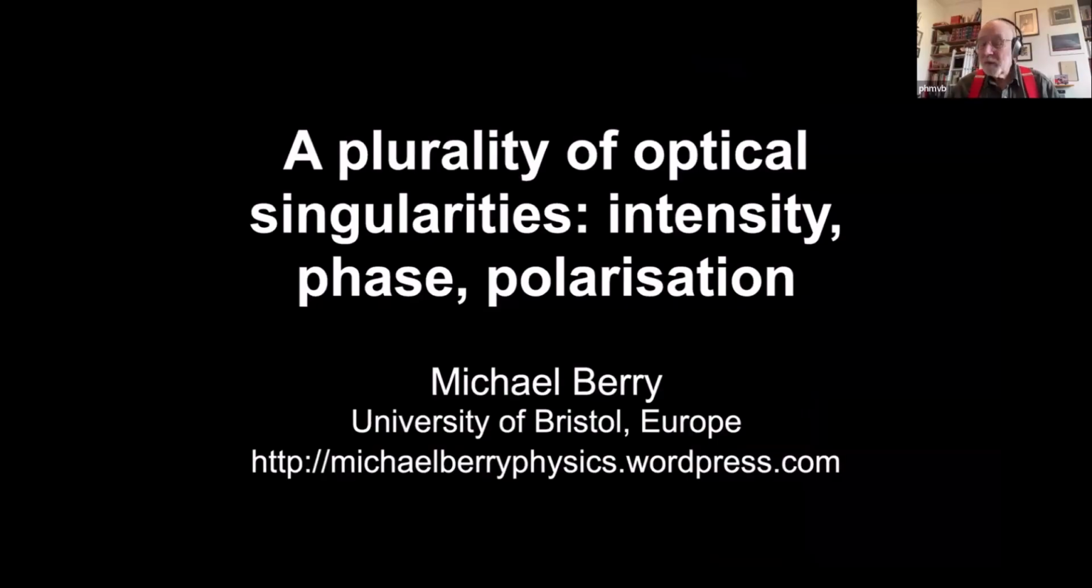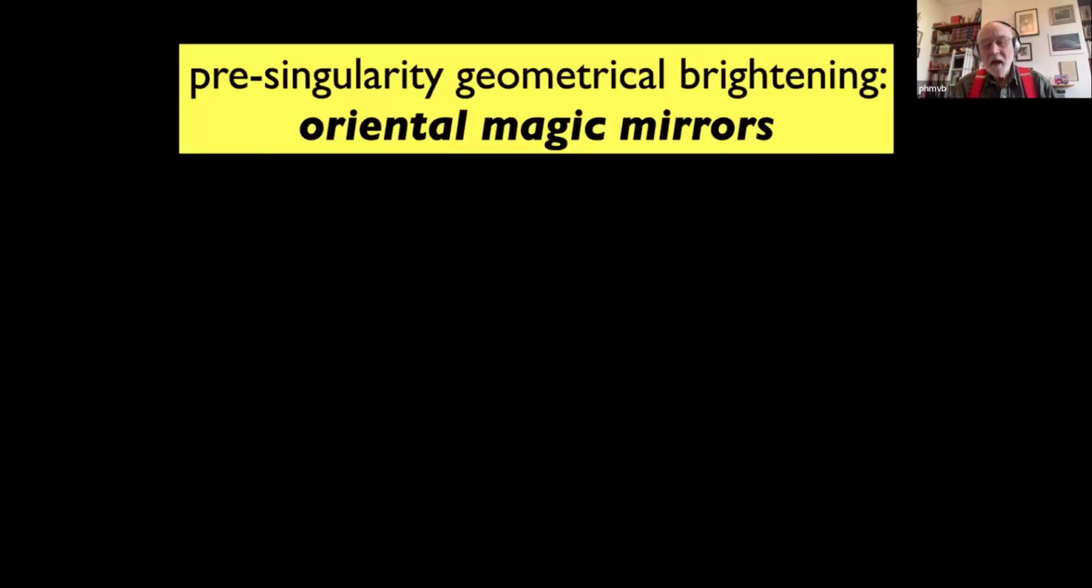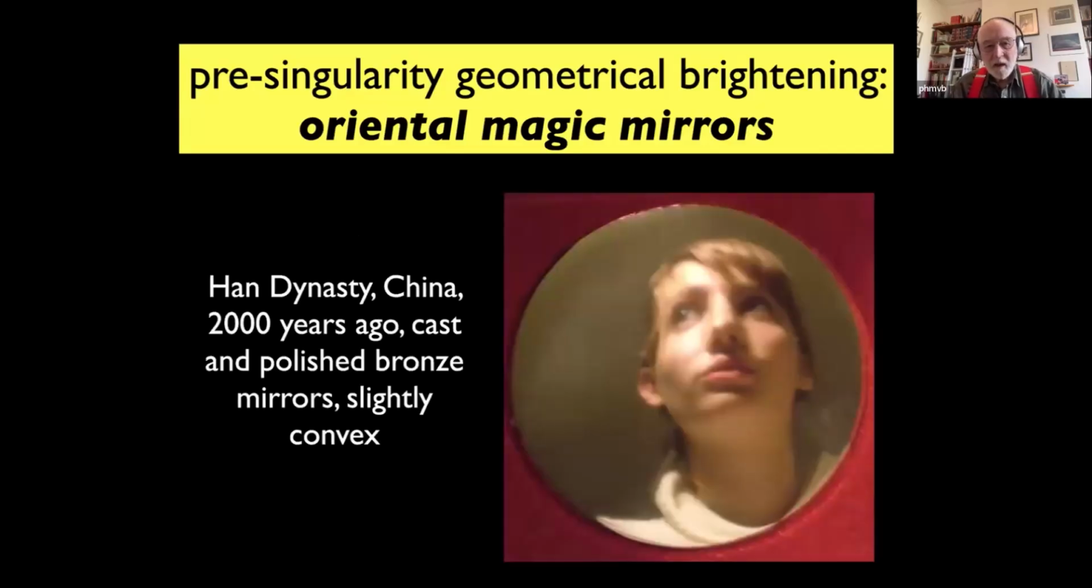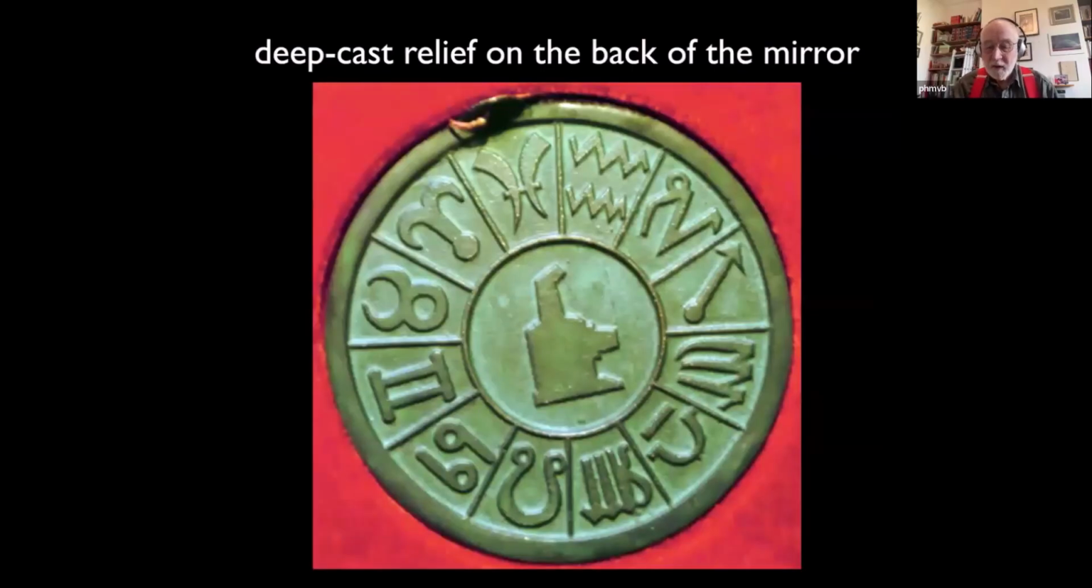But first, an application of geometrical optics that doesn't involve singularity, to show that geometrical optics, even without singularities, is non-trivial. No caustics, a regime extremely simple, although not much studied. So, pre-singularity, I want to talk about Oriental magic mirrors. With the Han Dynasty in China 2,000 years ago, cast and polished bronze mirrors, slightly convex, of reasonable quality. Now, on the back of the mirror is a deep cast relief pattern. And the magic, and I use the term deliberately because this was probably not intended